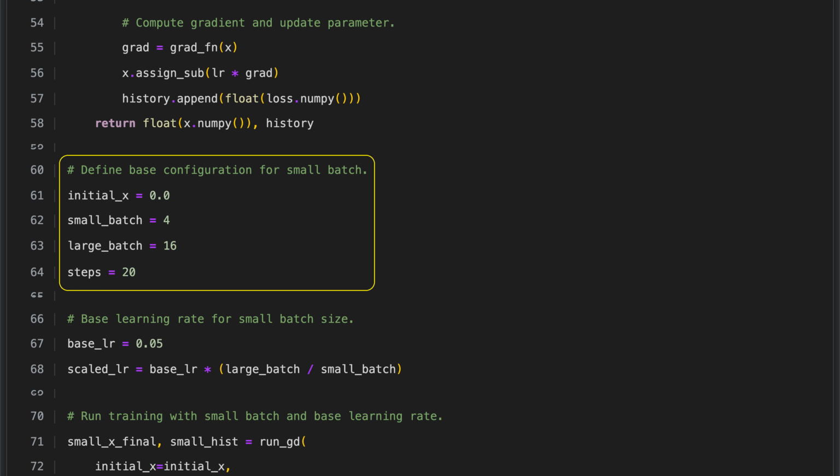We then choose two different batch sizes to compare their effects on learning: a small batch of 4 samples and a larger batch of 16 samples. Finally, we decide to run the gradient descent for 20 steps, meaning we will update the parameter x 20 times